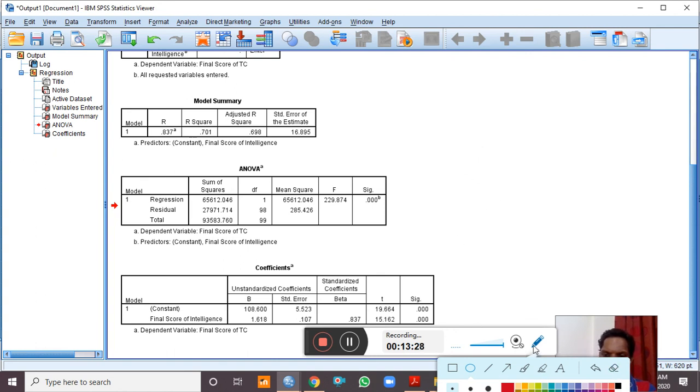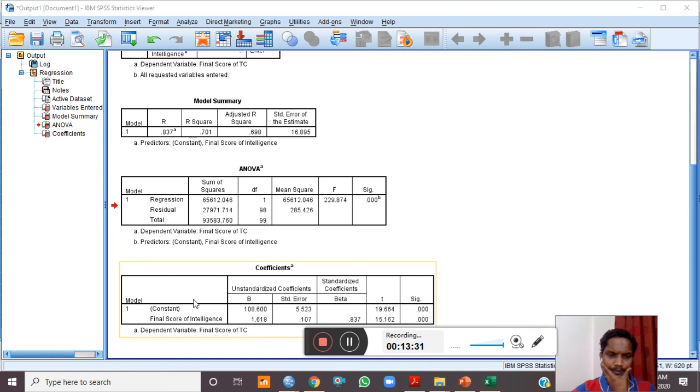So the regression equation can be calculated from this table, the coefficients table, for which we use the unstandardized coefficients. Let me show you how it is done. Y prime is equal to a plus bX, this a will be 108.60 and the b value is 1.618.